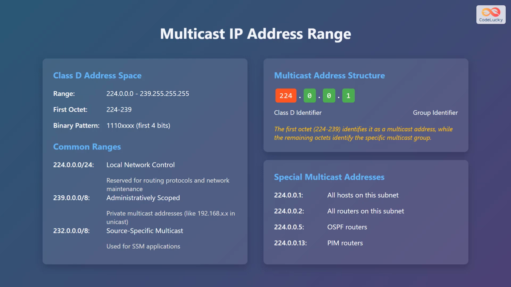The structure of a multicast address consists of a Class D identifier, which is the first octet ranging from 224 to 239, and a group identifier, which are the remaining octets, identifying the specific multicast group. Some special multicast addresses include